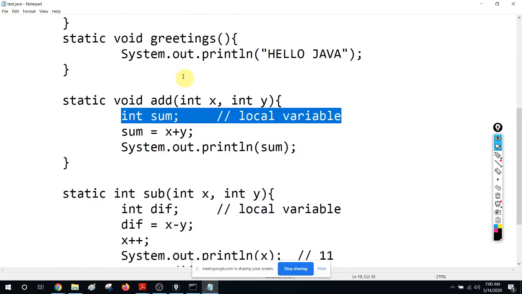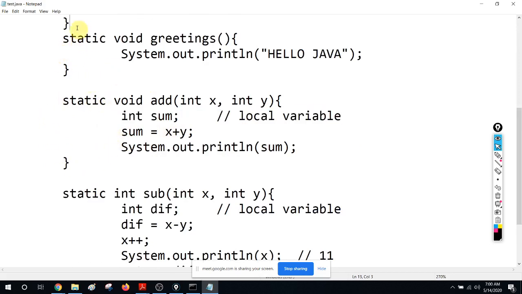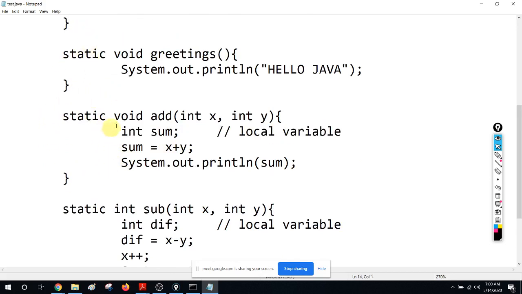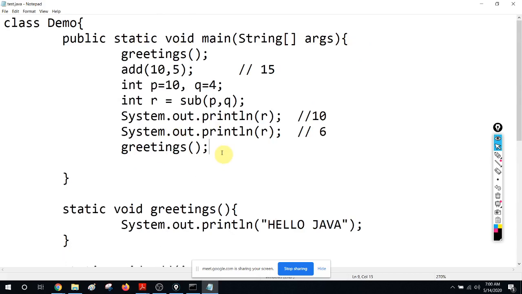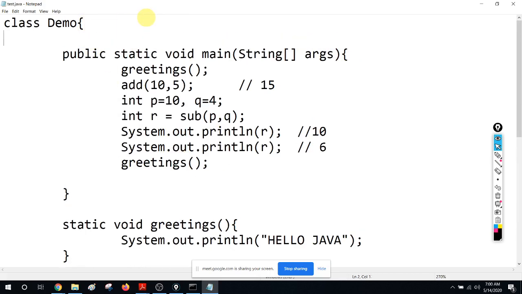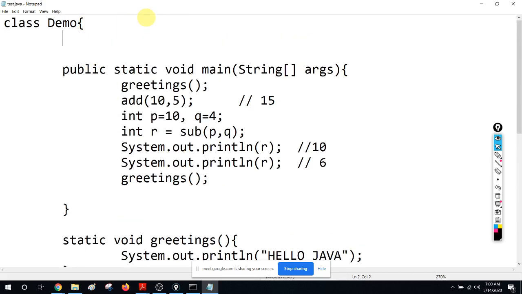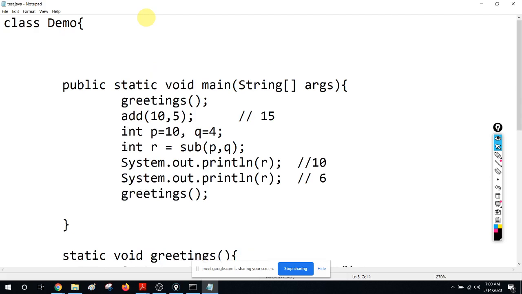So how do we declare a global variable? You declare global variables outside the methods but inside your class, right? If a variable is inside a method, it's local. If a variable is outside a method, then it's a global variable. The best practice is to have your global variables somewhere here, so that anyone can easily see that there is a global variable, right?